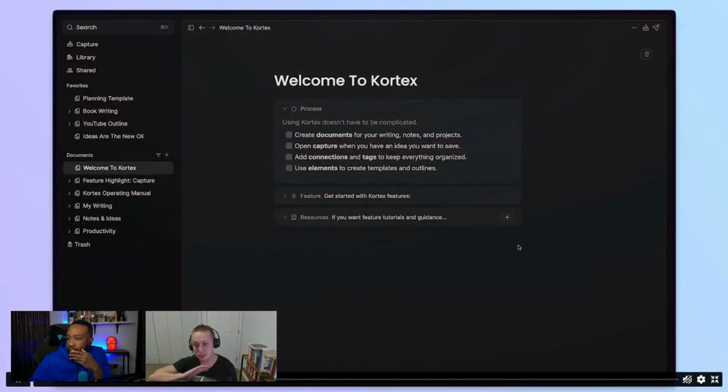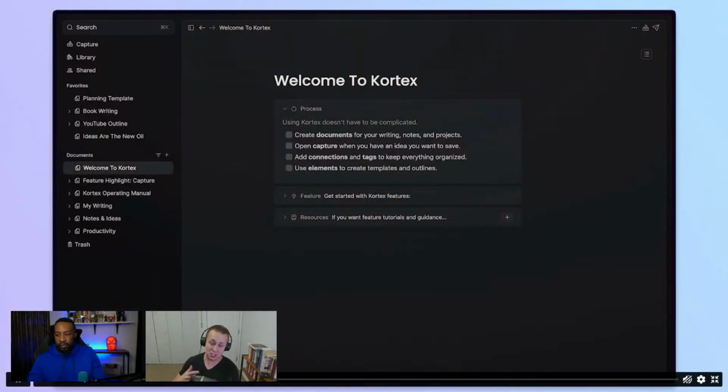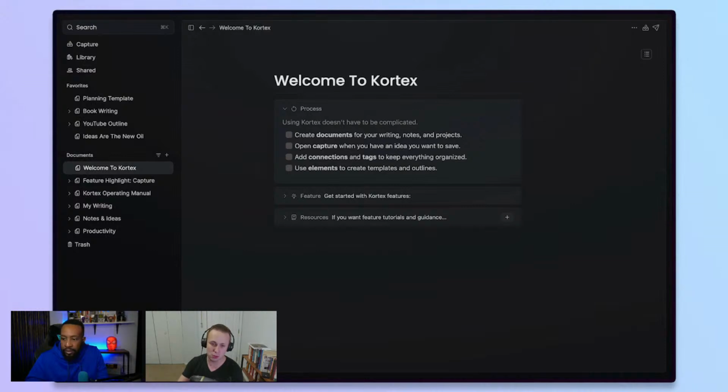How long have you been using this? I've only played around with it a little bit, but it's a second brain for creators. It allows you to capture your ideas and link those ideas, tweets, podcasts and articles, all these different things. It's kind of like the modular degree, but a little less expansive than I wanted. But it allows you to take that input and quickly turn it into an output by bringing things together, which is what a lot of people use Obsidian for, because Obsidian has bi-directional linking, and so Cortex came out to be kind of that alternative to Notion or Obsidian.